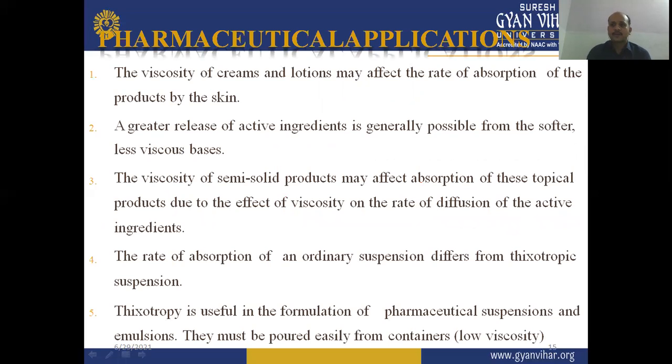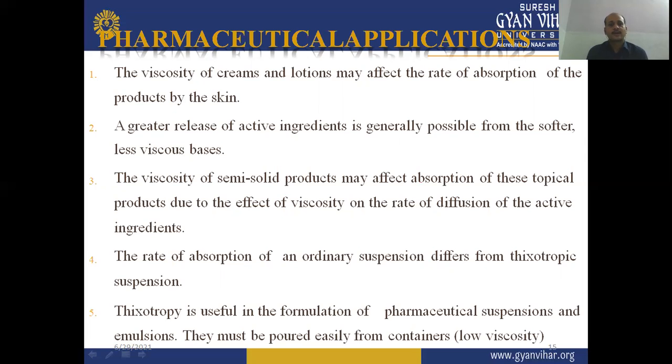Now, thixotropy can be characterized by a gel-sol-gel system. At resting condition, the thixotropic material is seen in the gel state. When we apply shear, it converts into the sol system, and then again it converts into the gel system. But the conversion of sol back to gel in the second process will be a slow and isothermal process.